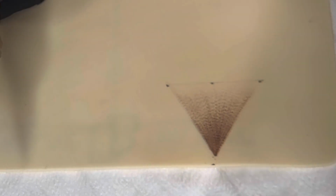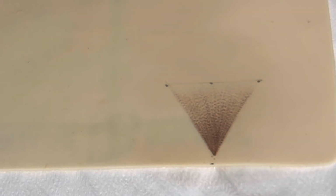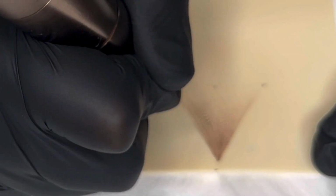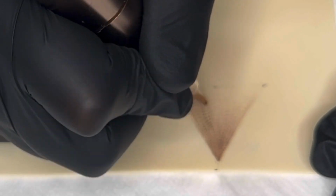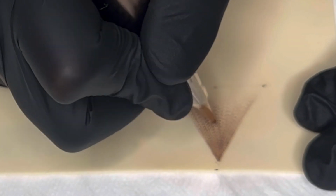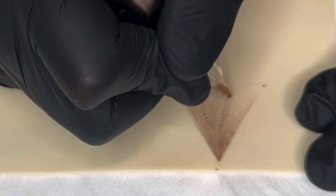Quick spray as I'm working. That's better. There's still some dark patches, but it's a lot better. You'll be able to see easier because the camera is a bit further away. When you're up close, it's honestly so much harder to see. So it will be far easier for you from a distance to actually see the shading and where these patches are. So I'm still just going to try and avoid those dark areas and fill in a little bit more